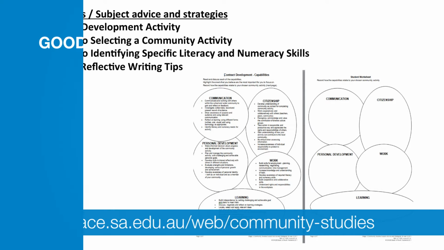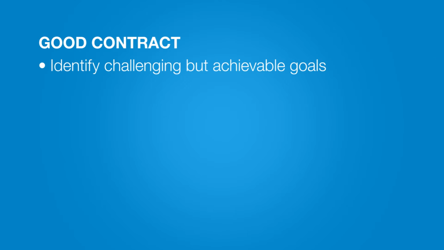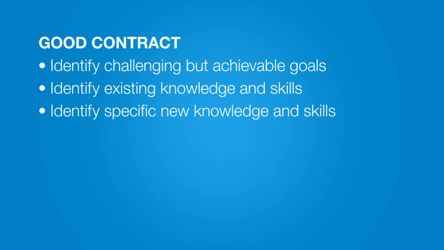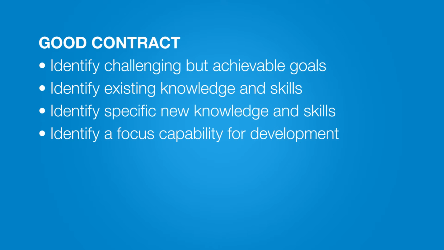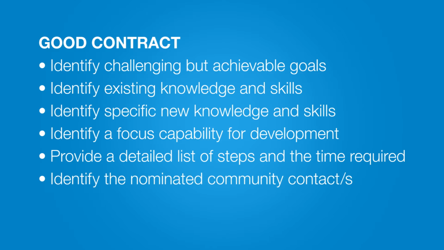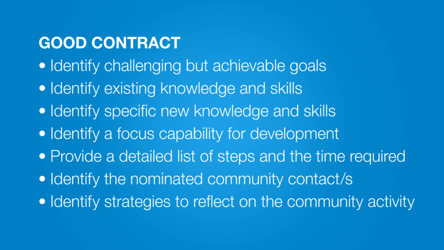A good contract will identify challenging but achievable goals, identify existing knowledge and skills, including literacy and numeracy in detail, identify specific new knowledge and skills, identify a focus capability for development, provide a detailed list of steps and the time it will take to complete each step, identify the nominated community contact or contacts,